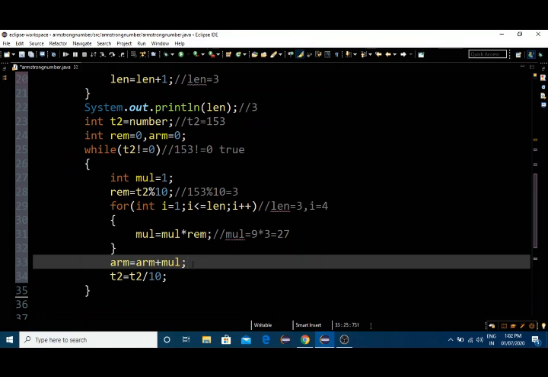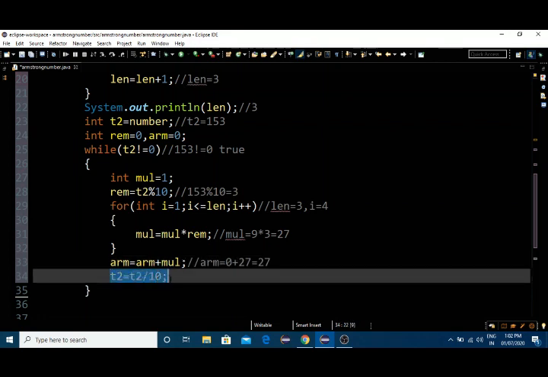Now the multiply value is 27 and the arm value is 0, where we initialized it. So arm equals 0 plus 27, and the arm value will become 27.